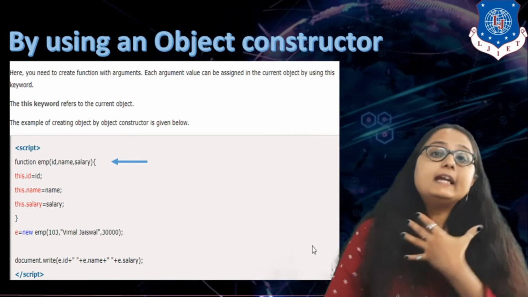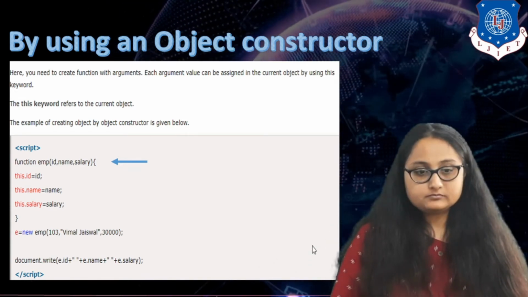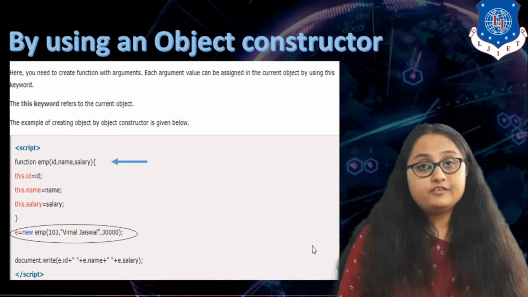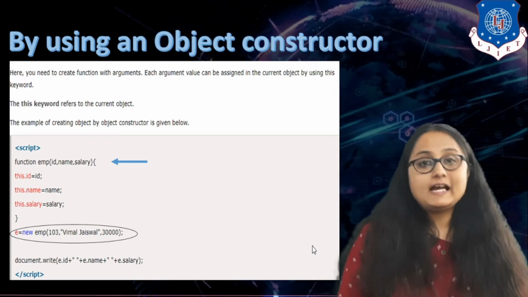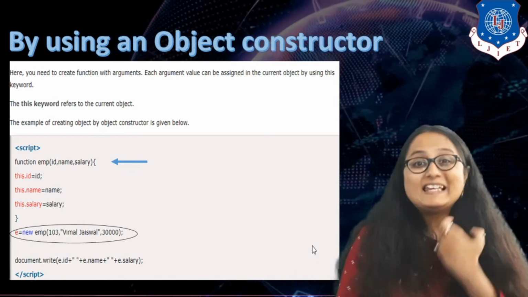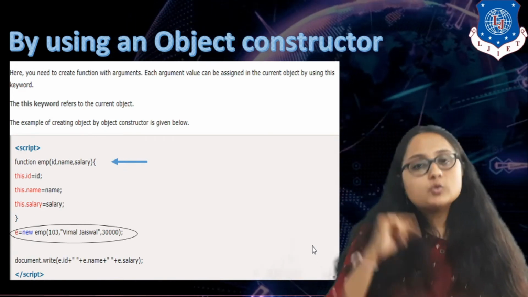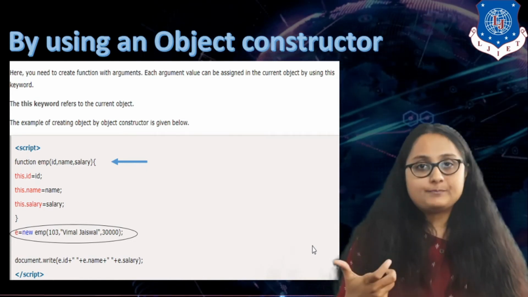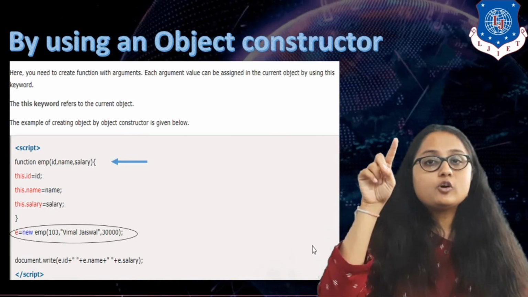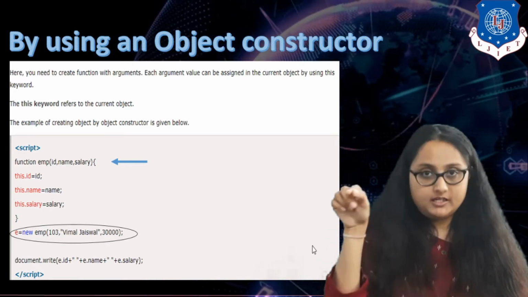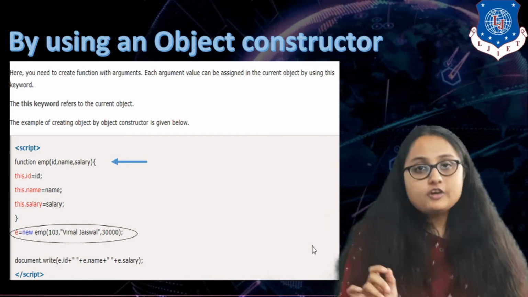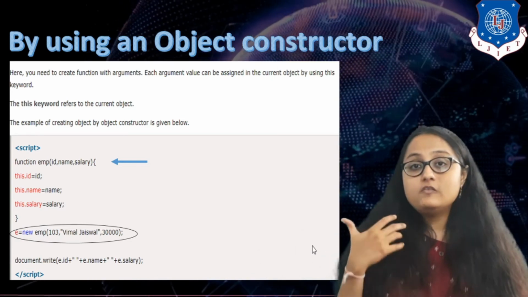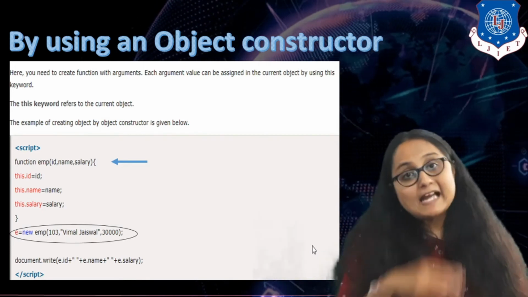Now you can create an object using this constructor. You can see in the next line, after completing the function, I have created a variable called e. Basically I have created a new object called e, right? So e is equal to, again I have to use which keyword? The new keyword. Now what was the object type or object constructor that I have created? EMP, that was my function name. So new and your function name, that is EMP, and inside the argument now you will pass the actual values which you want to be assigned to the properties.